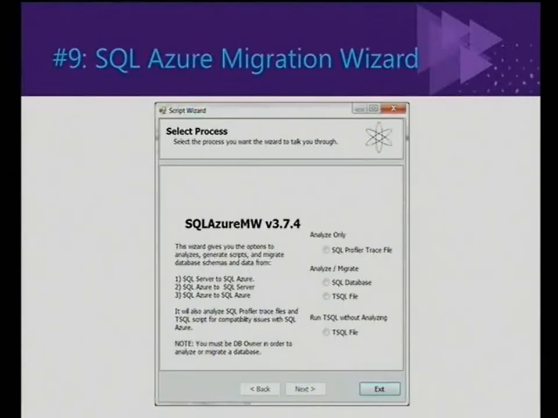There are some syntax that is not supported. So you've got to get rid of all of those things and then move it over. And once you've moved it over, then you've got to start thinking about how you move your data across as well. So the SQL Azure Migration Wizard provides you with a nice UI to do it. Very simple database migration. And again, I showed this yesterday in my talk, so I'll try and keep it quick.